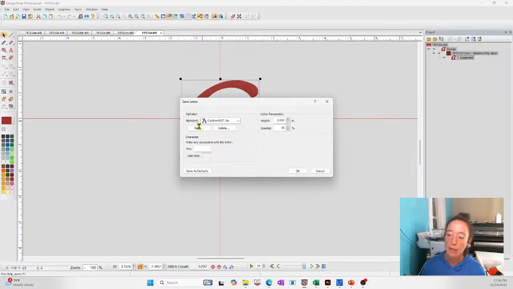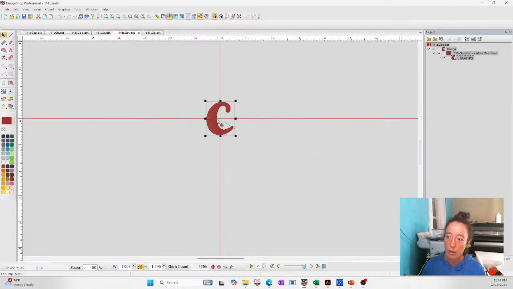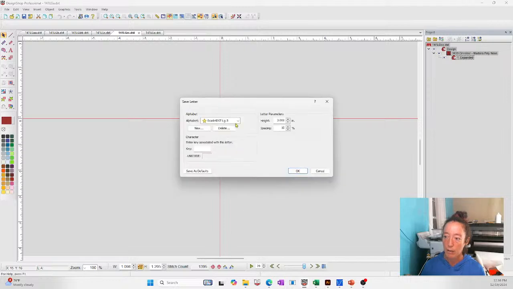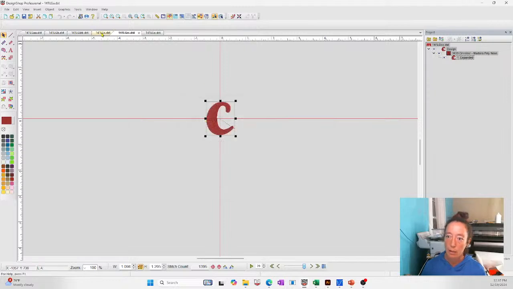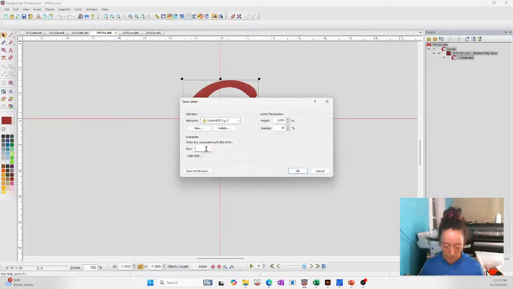All right, so that creates the font. And then over here, I'm going to put in the height of this particular font. Cool. And then I put a capital A here and I say, okay, so now that letter's saved. This is a lowercase c, right click, can come over here, type the lowercase c, it's the same font. This is the uppercase C, right click, save letter, capital C,